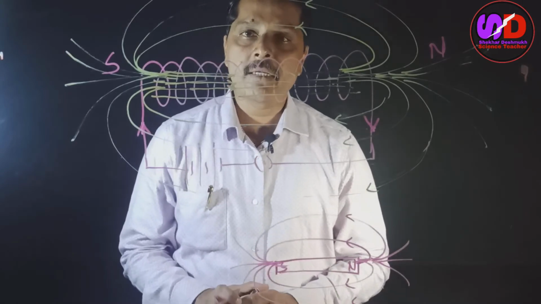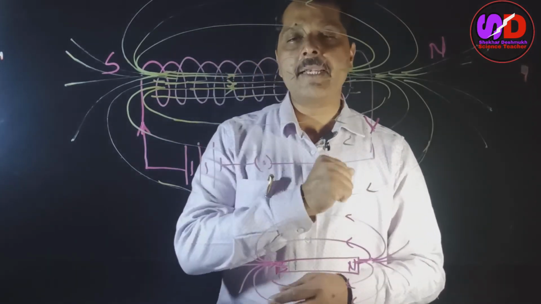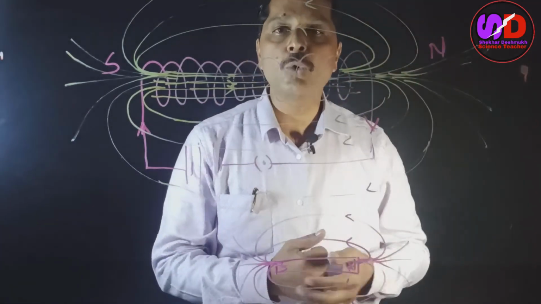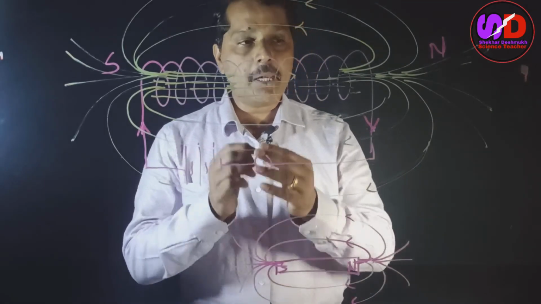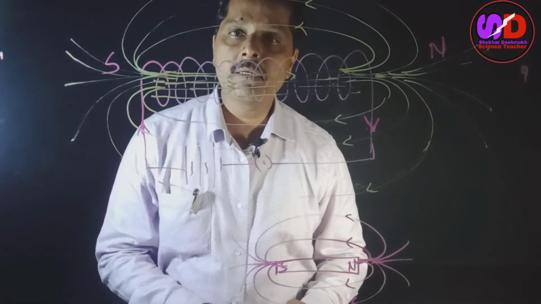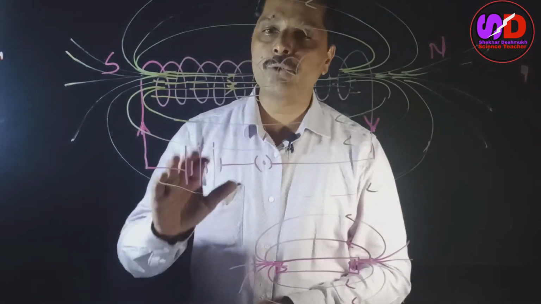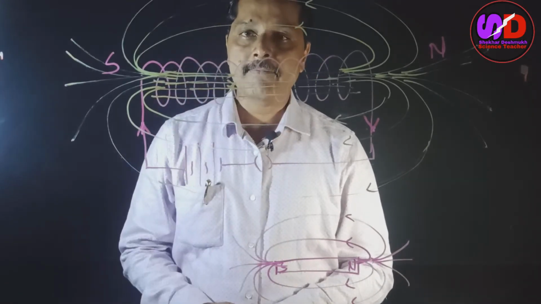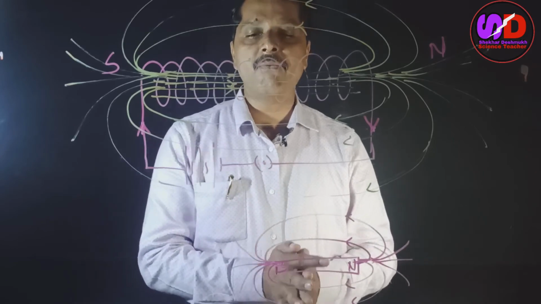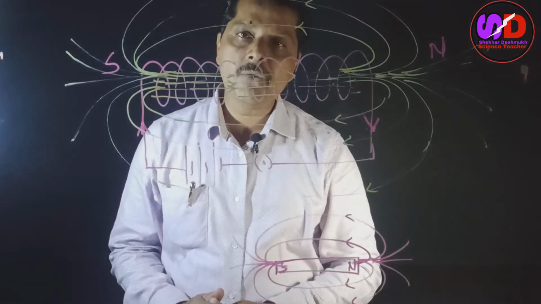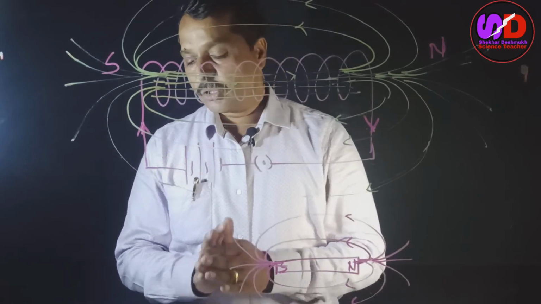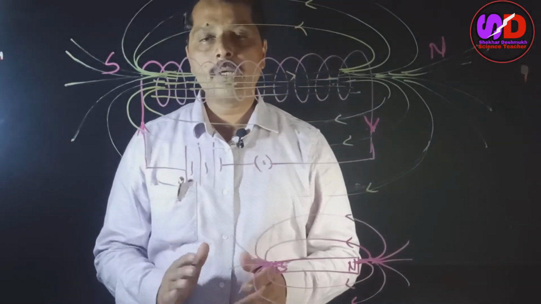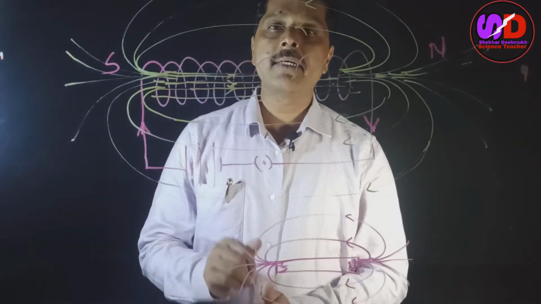If we want a stronger magnetic field, then just go on increasing the number of loops. By making n number of loops, we can make a very strong magnetic field using a solenoid. Or we can increase the magnetic field by increasing the electric current flowing through the solenoid. So these are the magnetic field produced by a loop and the magnetic field produced by a solenoid.